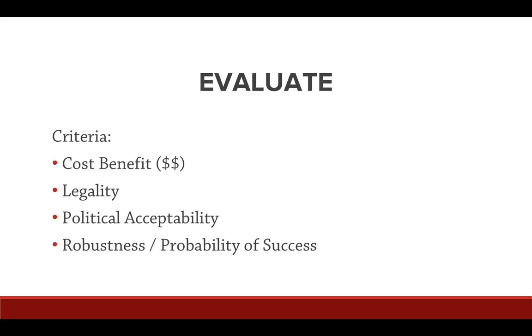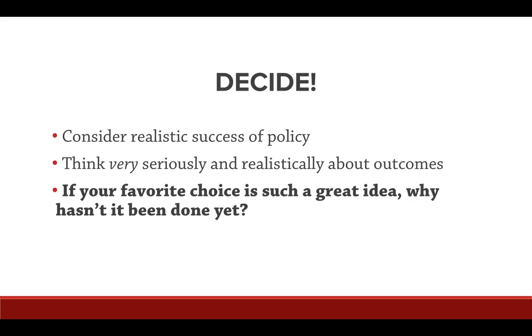And most importantly, I would say, is what's called robustness or probability of success. So if we take some system, we say, this is not working right now, here's a new change, here's a new policy, let's intervene, let's introduce this new policy change. What's going to happen? Is it going to be successful? Because it's a really, really poor use of resources to implement policy that doesn't have a probability of success, all right?